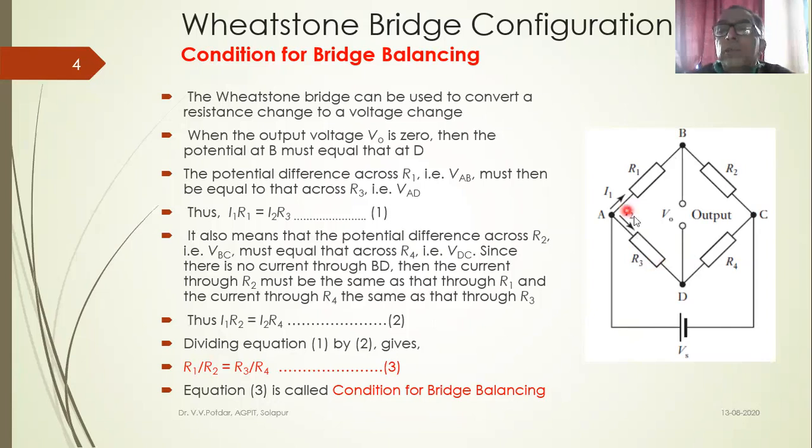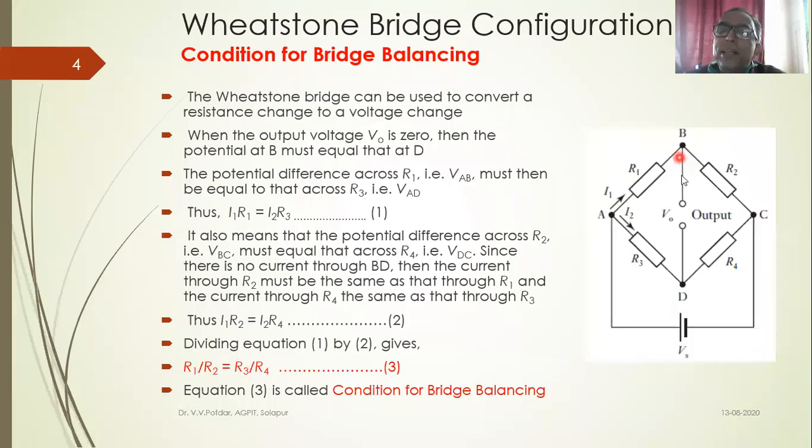Okay. So what is happening now? Let us see the initial case. The resistance R1, R2, R3 and R4 are same. So the bridge is, let us say, initially balanced. There will not be any voltage across B and D. What does that mean, friends? The potential at B is same as potential at D. That means that there is no potential difference across B and D. That means there is no voltage across B and D.